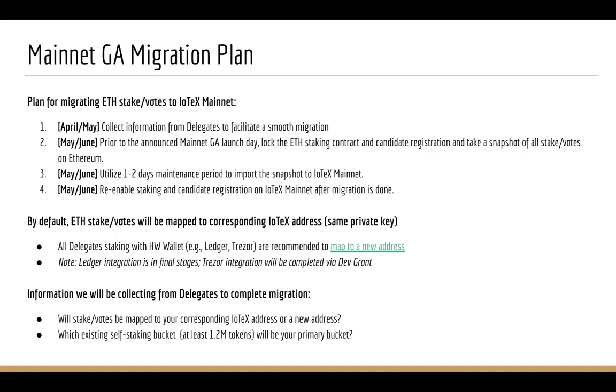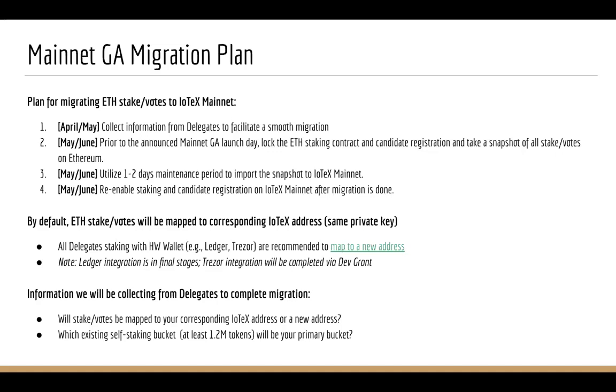Then we take that information, utilizing a 1 to 2 day maintenance period to import the snapshot to the IoTeX mainnet, and re-enable staking and candidate registration, not on Ethereum, but on IoTeX mainnet. And ultimately,